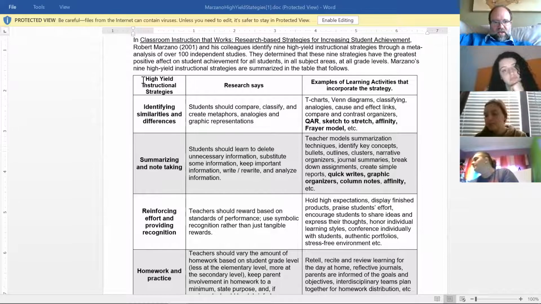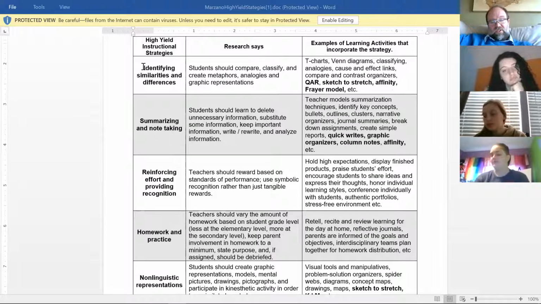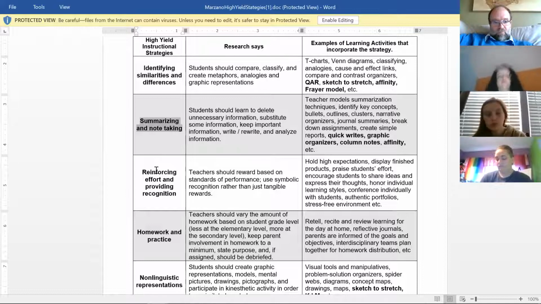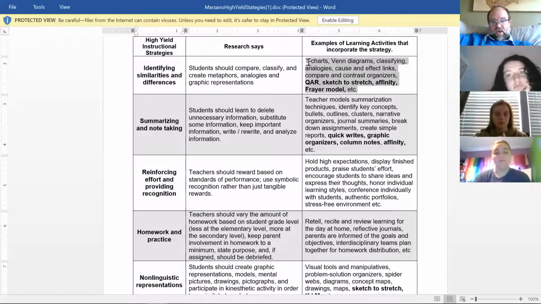So we talk about the difference between strategy and activity. Remember, in the high yield strategies, Marzano took a look at research over the course of several years, looked at many people's different studies, and then tried to find within those studies different strategies that seemed to work all throughout. And so he identified 9 strategies that you can use in your classrooms that give you the best results. On the left side of the sheet are those strategies. Activities that go along with those strategies are on the right side of the sheet. So the strategy is identifying similarities and differences, but an activity that relates to that strategy is a Venn diagram,